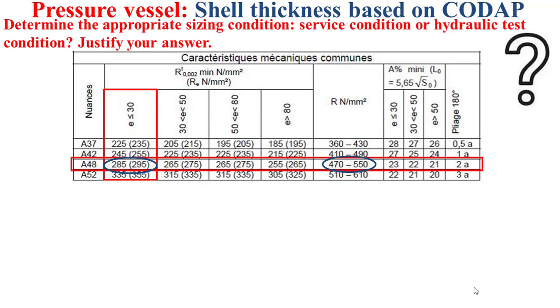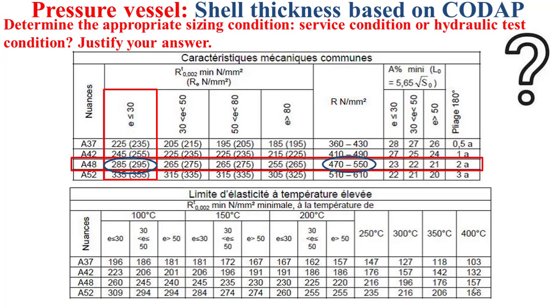This table is used to determine the mechanical properties at the ambient temperature, which is, as I said, close to the test temperature. These mechanical properties should be determined in order to determine the maximum allowable stress, as I explained in the previous slide. Now, we have another table which permits to determine the yield strength, RT, at higher temperatures,